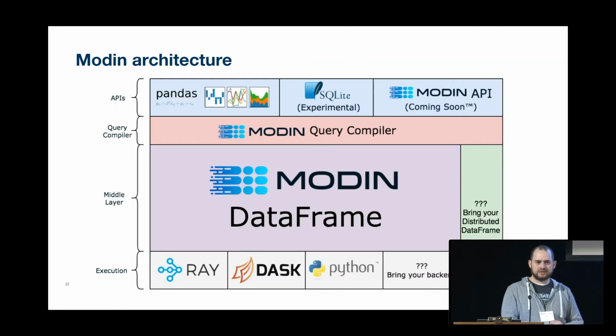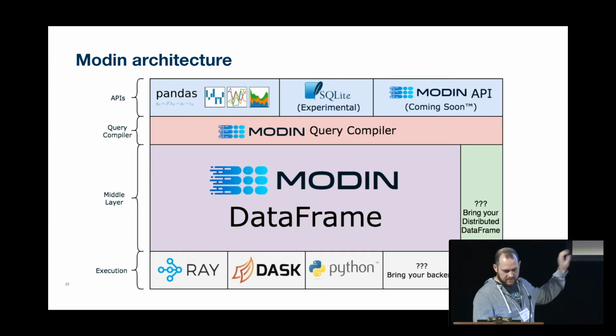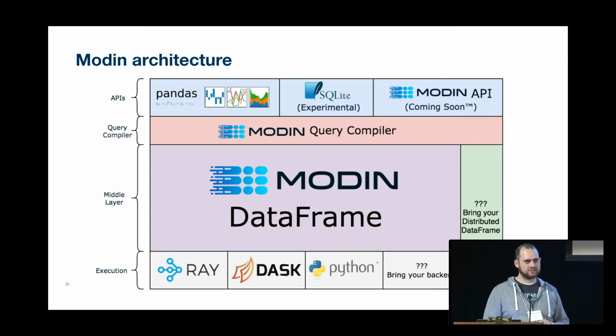So with the last few minutes that I have, I kind of want to talk a bit about the Modin architecture and how we've gone about designing the system, because it's intended to be abstracted away so that different pieces can be added to or improved or enhanced along the way. So at the top layer, we have the API layer, and we expose pandas. I have this kind of proof of concept SQLite just to show that it's possible. And then there's this Modin API, which I'll talk a little bit more about when we get to the Modin DataFrame. It's basically exposing what our internal API is.